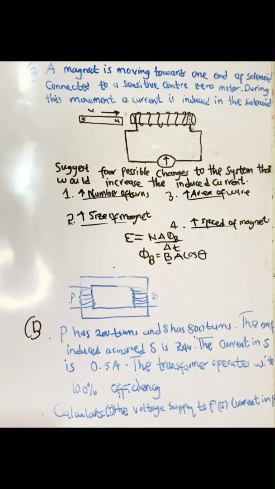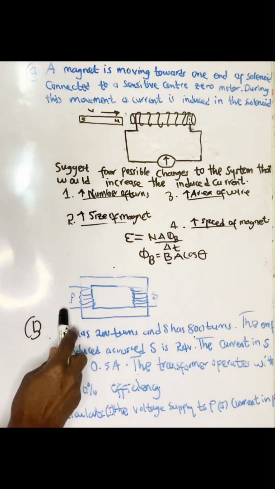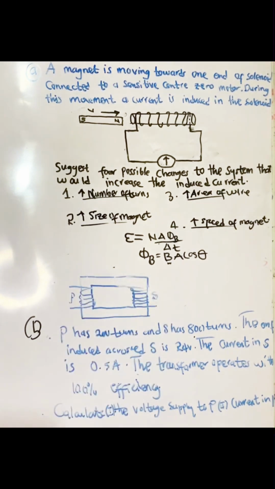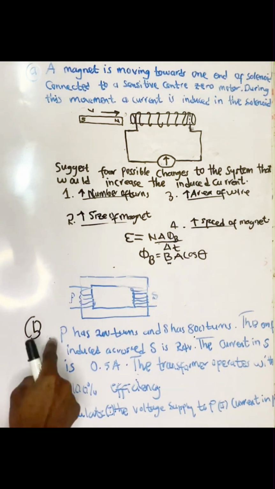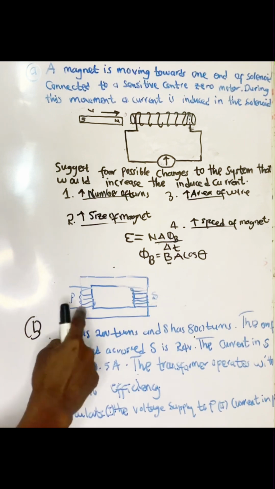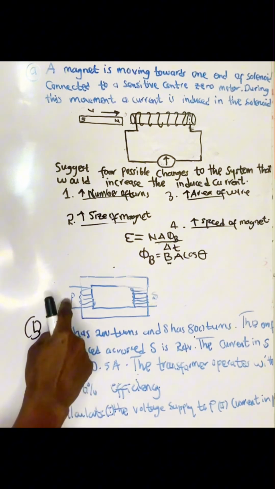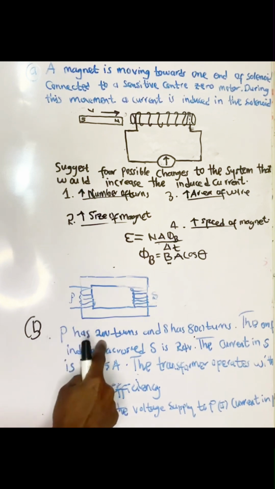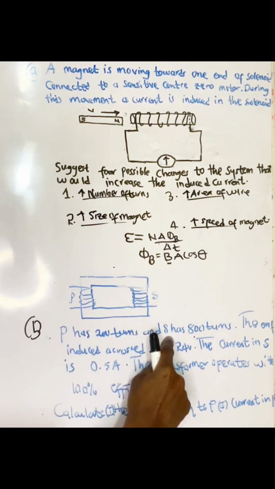Let's move on to the second part of the question, which takes our mind back to transformers. Now, they're asking us to consider this particular setup and then answer the questions that follow. They say P has 200 turns. P simplifies the primary coil. So the number of turns on the primary coil is 200, and the number of turns on the secondary coil